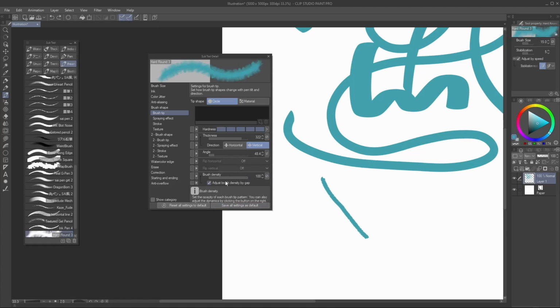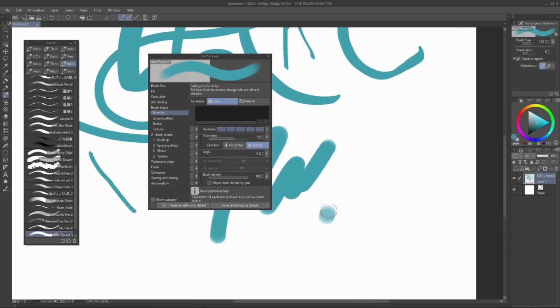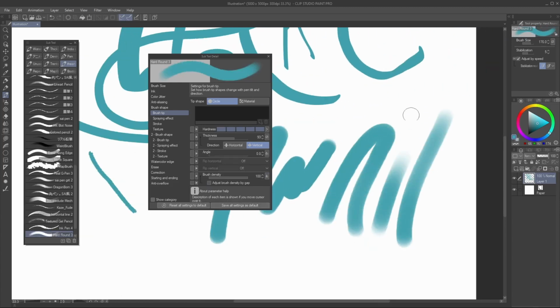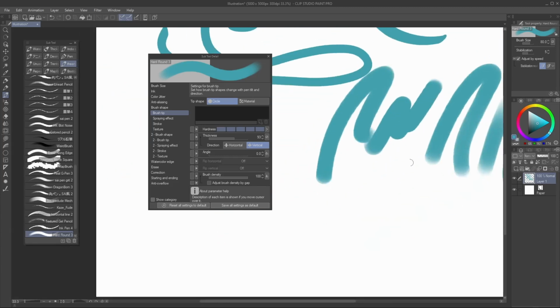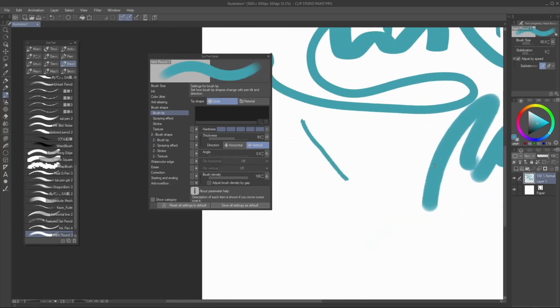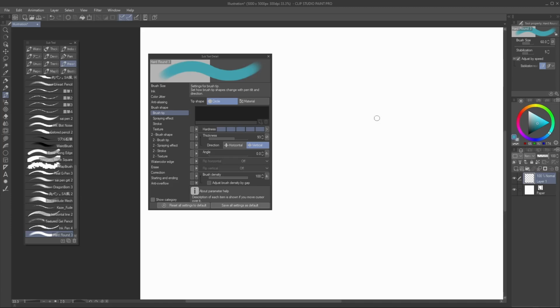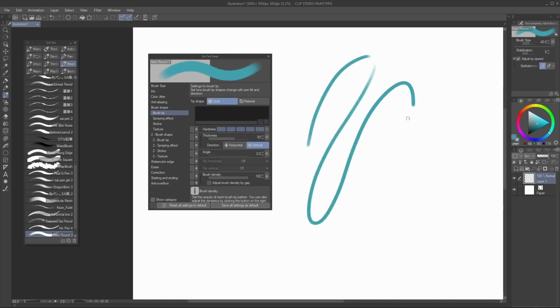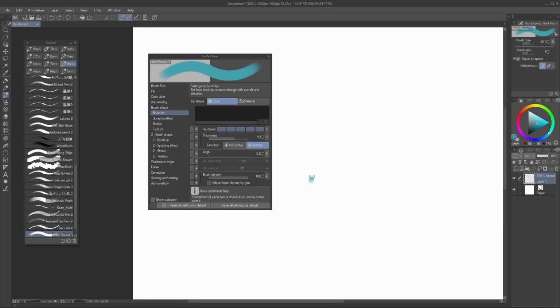Density is similar to opacity, except it's more organic, I guess. You see how much more organic this is compared, look at that, compared to opacity. Opacity affects the whole thing. I don't know how to express it. It's like it affects the whole opacity of the thing. But density is different. You can use both. But density, I feel, is way more